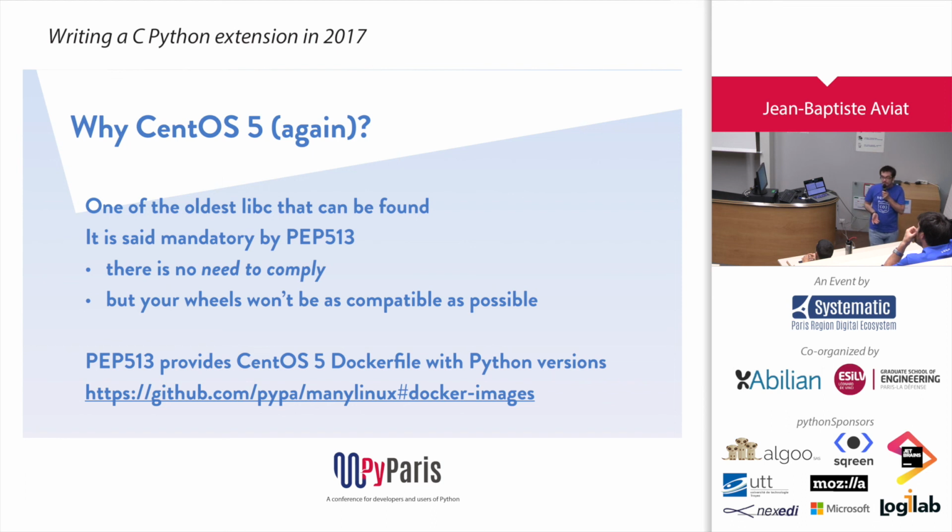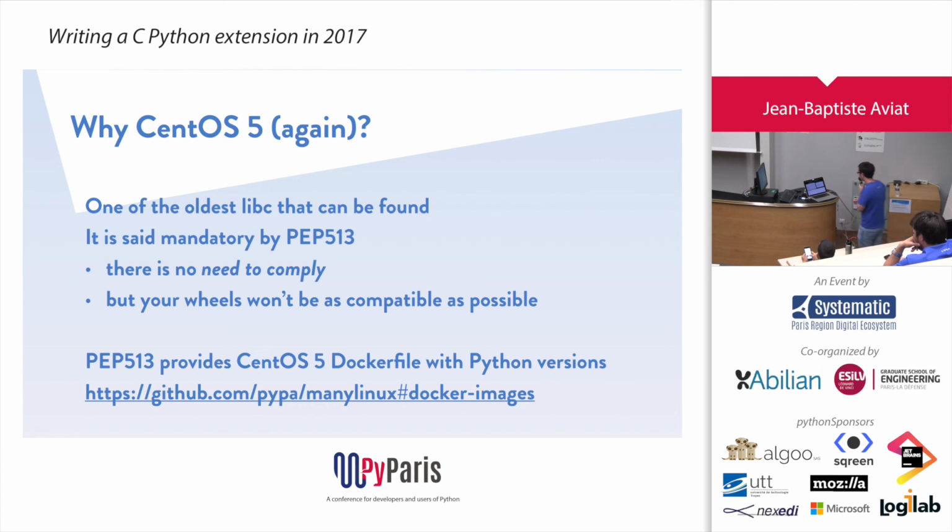So then why does the wheel require CentOS 5? That's because a compiled program relies on third-party libraries that are found on the operating system, like the libc or the standard C++ library. If you have a program that is compiled with libc 2.1, it won't be able to run with libc 2.20. So it means that in many cases, a program that you built on Ubuntu 16 will not be able to run on Ubuntu 14, all right? Depends on what kind of structures you use in your libc, but that's the story behind this.